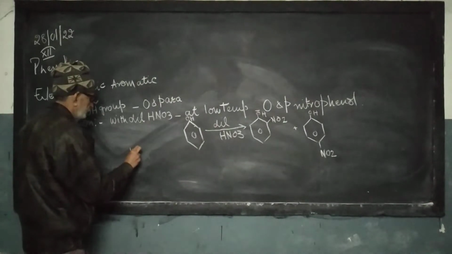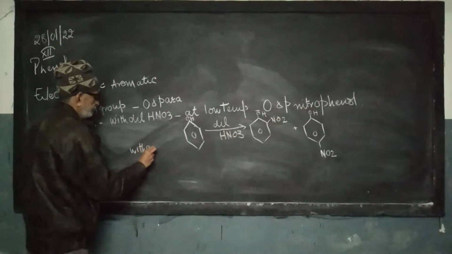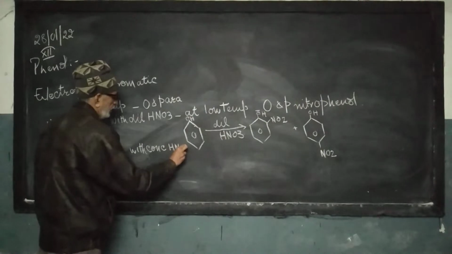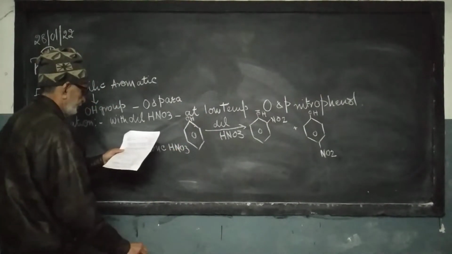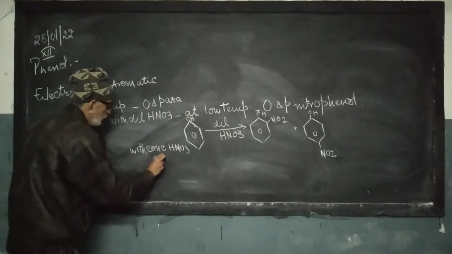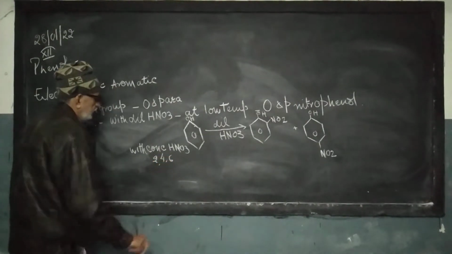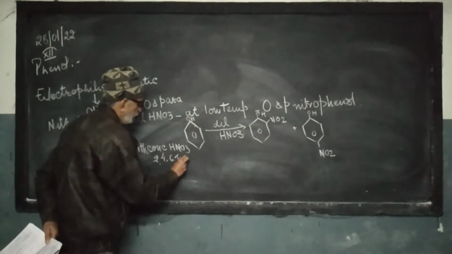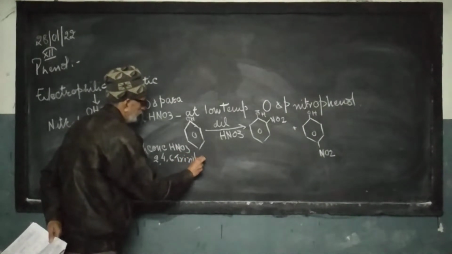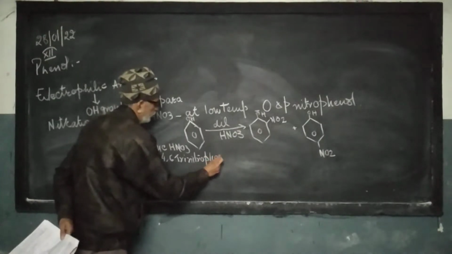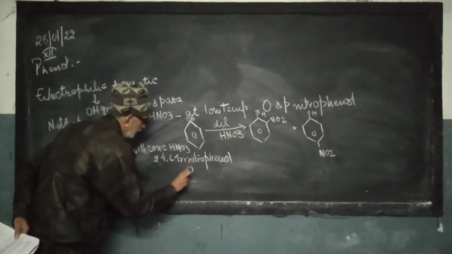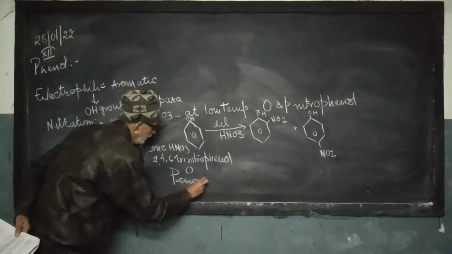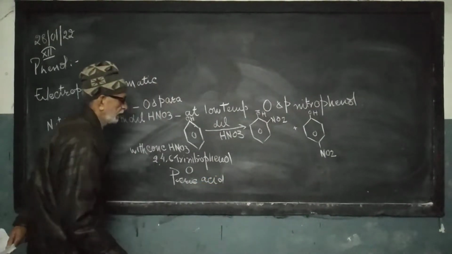With concentrated nitric acid, it forms 2,4,6 trinitrophenol. Trinitrophenol, picric acid. Picric acid. The equation is